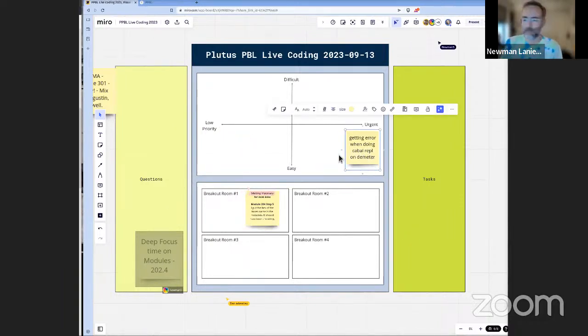There was someone in the chat that asked for help. Chat that was talking about mesh or trying to find a React starter Plutus template for just straight React as opposed to Next.js.